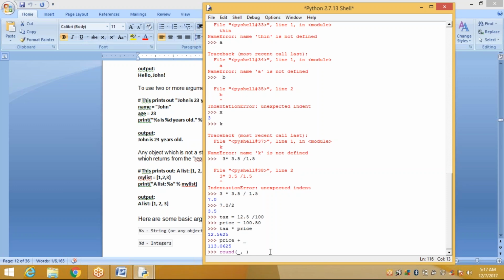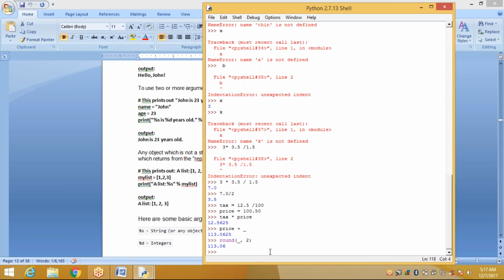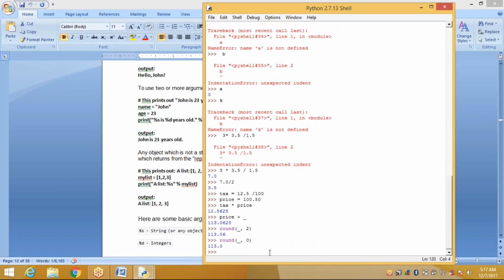How many digits do we have? 0625. Round the value to either 2 or 3, whatever you want. See here, 113.06. Suppose I give 0: round underscore, comma, 0. So it will display 113.